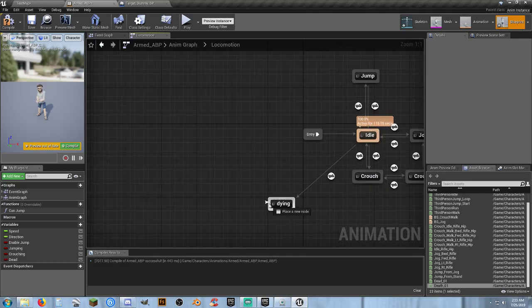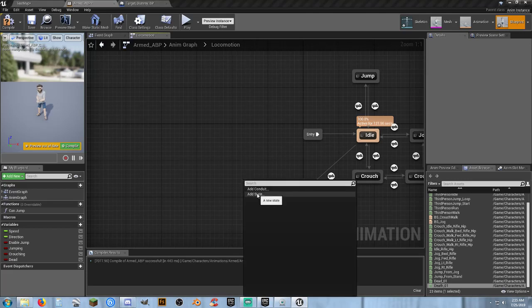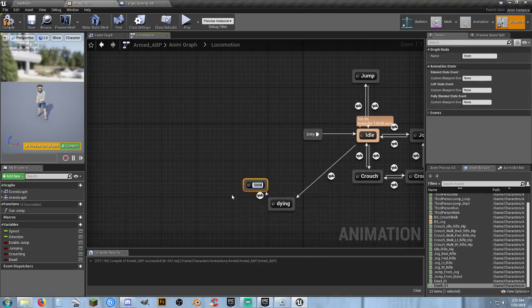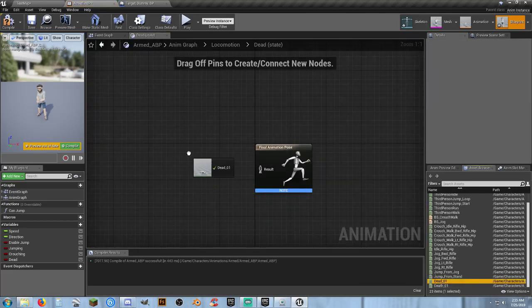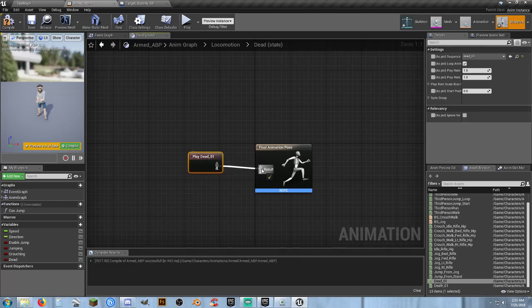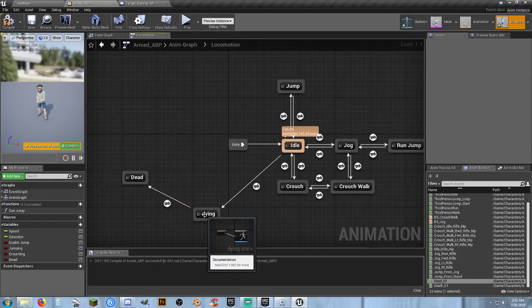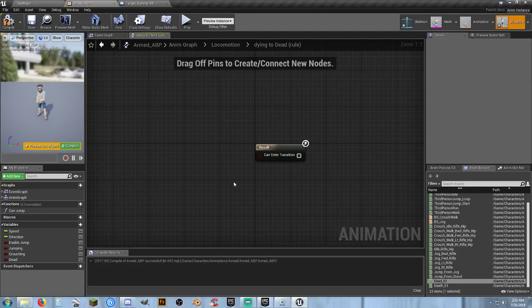Then we're going to drag out from here and add another state. We're going to call this dead. We're going to move around a little bit so we got that. So we go into our dead state here, and we're going to bring in the animation that we created called dead. And that's it there. Go back to locomotion. To go from our dying animation to our dead animation, we are going to